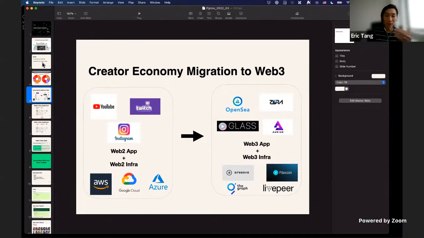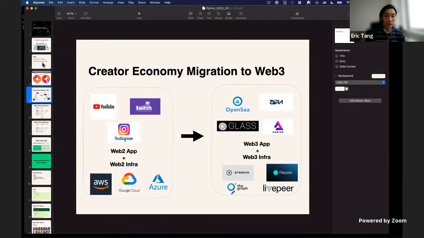Because of this, we have applications built around this concept: instead of users being beholden to the application, applications now work around the users. We're seeing this shift where creators are coming into Web3, and there are interesting Web3 based creator applications being built on top of Web3 infrastructure.